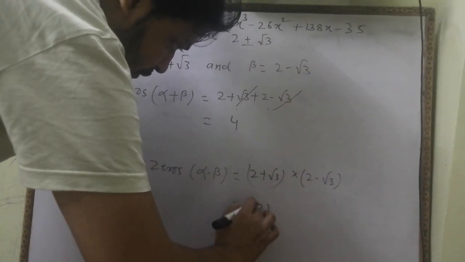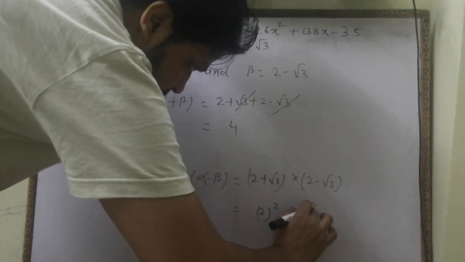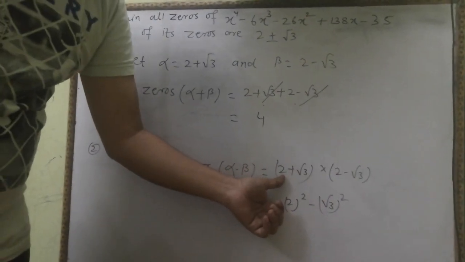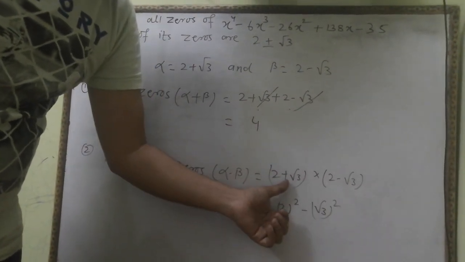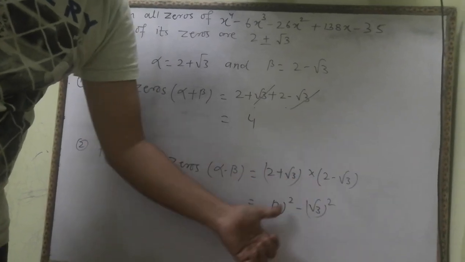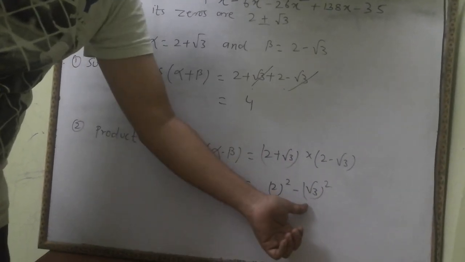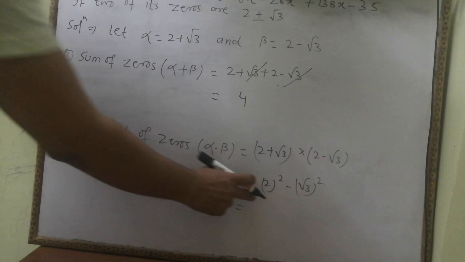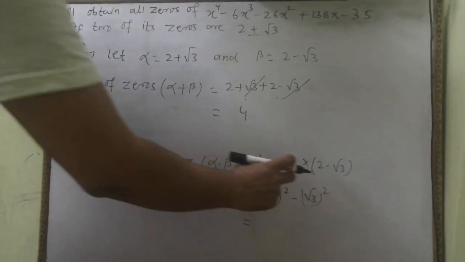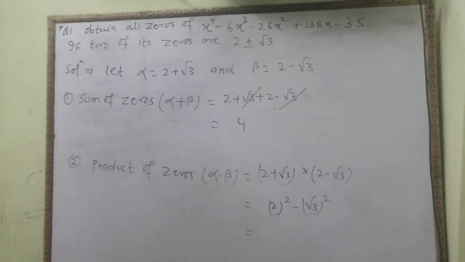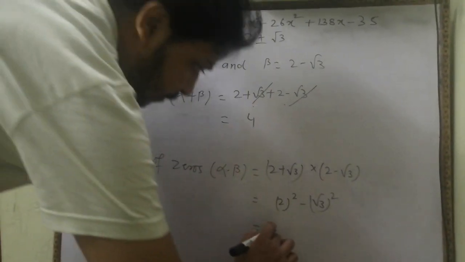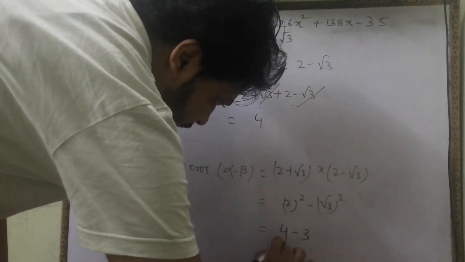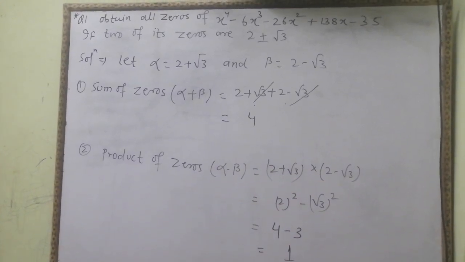It is 2 square minus root 3 square. This is of the form a plus b and a minus b. Here the same terms are there, 2 and root 3, only the difference is plus and minus in the product. So the value will be a square minus b square, also called first one square minus second one square. This is a very important and most common formula in algebra. So 2 square will be 4, root 3 square will be 3, 4 minus 3 is 1.